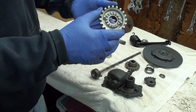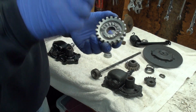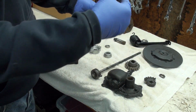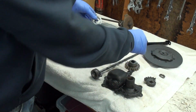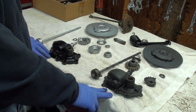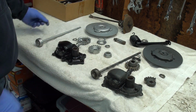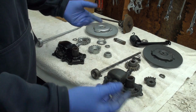And on this one, I was wondering what these knobs in here are, and I finally found out what those were for, and we'll show you in a minute. Look at the spring size. VL's bigger. And then we get down to the housing. You go, well, John, they look exactly the same. Well, they look the same, but they are not. Those are not interchangeable. Some parts are, but